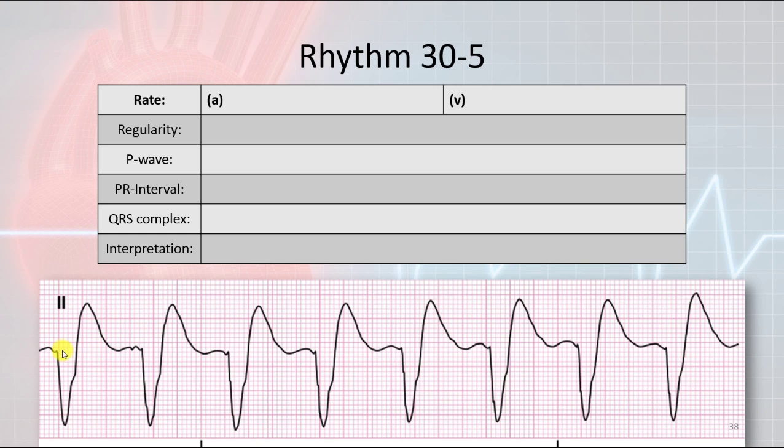This rhythm here, we're going to try to identify P waves, and this is not a P wave right here, just to let you know. That might look like a P wave, it is not a P wave. So we will say that the atrial rate is unable to obtain. The ventricular rate is 1, 2, 3, 4, 5, 6, 7, 8, is 80 beats per minute. The regularity is going to be regular. P waves absent. PR interval